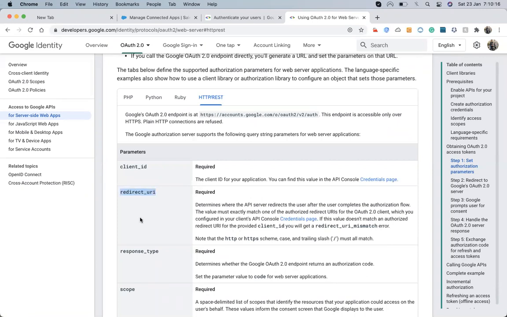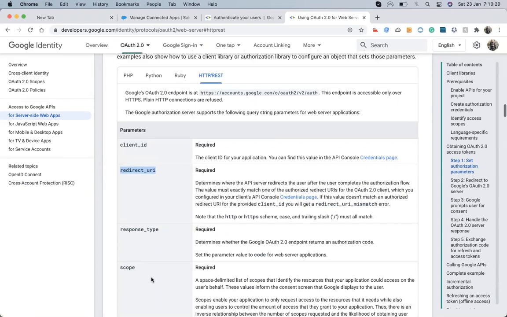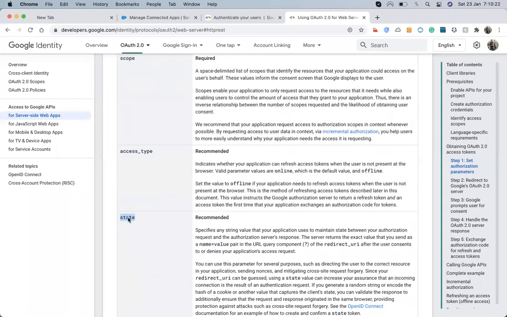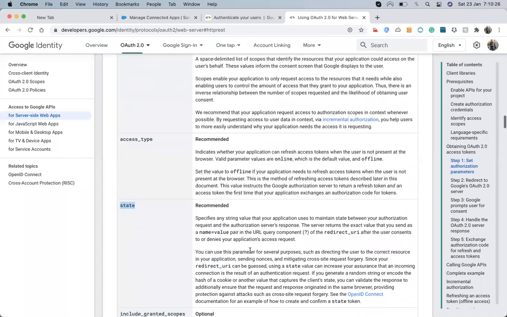If we want some variable value not to change throughout all those steps, the state parameter will help us. The state parameter always maintains its value throughout the transaction.